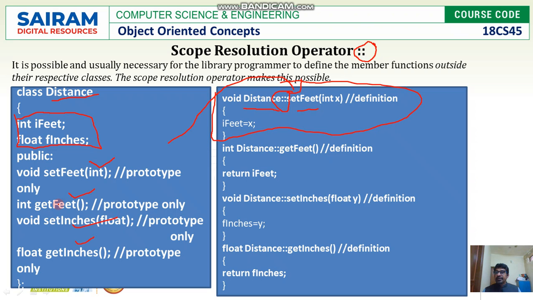Look at this same one. We have get feet as my second function prototype. And how did I write the definition? You have to write the class name which it belongs to. Then get feet is the function name. This is separated with a scope resolution operator. Again, the same for the next one, where we use the same scope resolution operator, and even for the last one. So let me make it clear. It's not mandatory that you define the member function inside the class. If you want, you can define them outside the class by making use of the scope resolution operator.